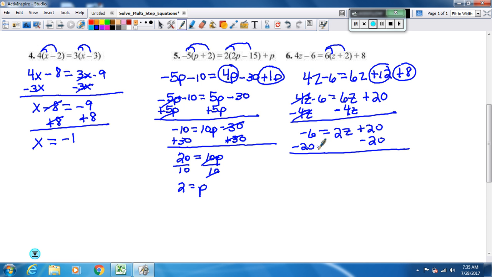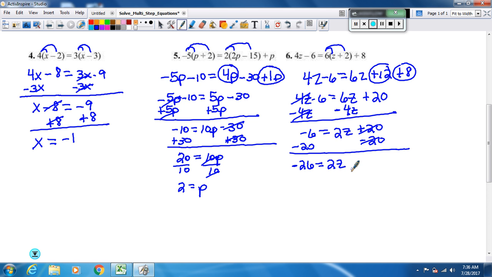A negative 6 and a negative 20. When you're adding or subtracting, if the signs are the same, you find the sum, you have to add them. If the signs are different, you find the difference, you have to subtract them. We have both negative signs here, so they're the same. So we have to add these numbers. 6 and 20 is 26. Once you do that, you keep the sign of the largest one. The 20 is larger, it's negative, that gives you a negative 26. Equals, bring down your 2z,